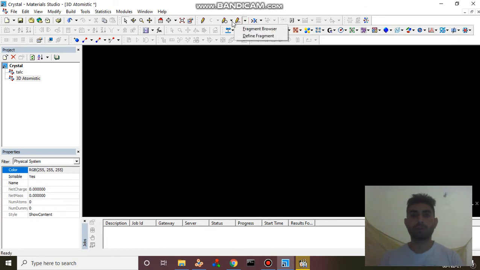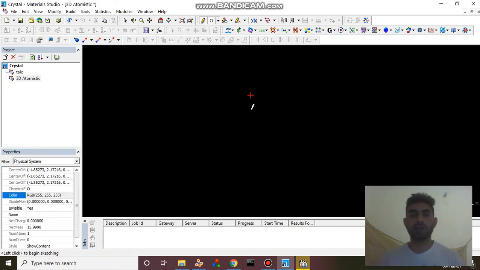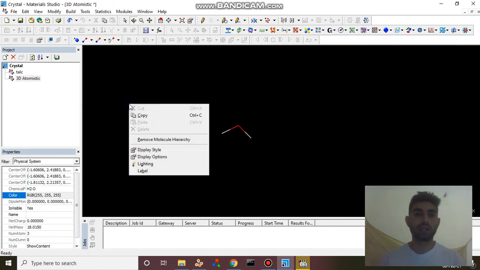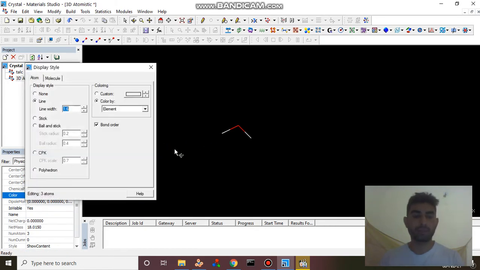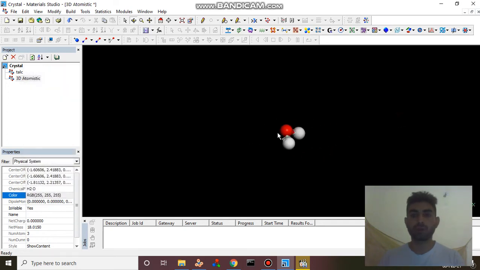You go to atom and you have to select the oxygen atom over here. So now I have added one oxygen atom, and then I have to click here, H. What it does is it basically adds two hydrogen atoms to the oxygen, which is basically a water molecule. So I can change the display style over here to ball and stick. Yeah, so you can see we have created a water molecule.